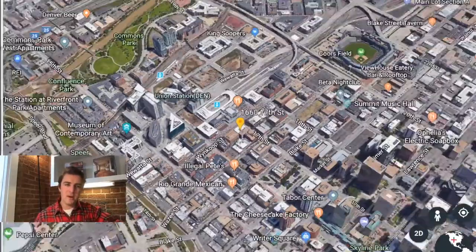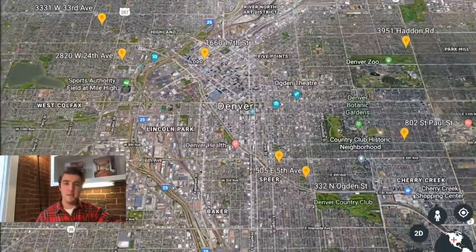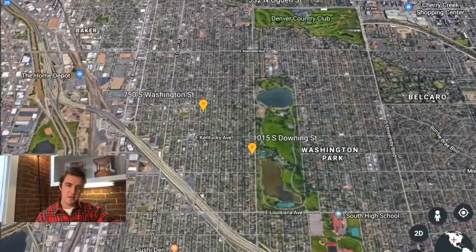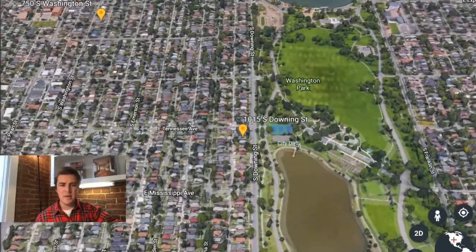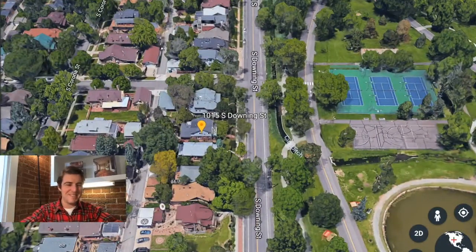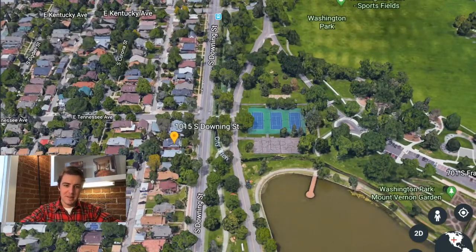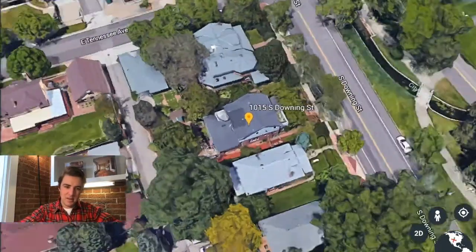Over to Wash Park, and as you'll see, this property is almost on Wash Park. It's as close as you can get. So Downing is going to be the main road just to the west of Wash Park. So this street will be fairly busy, but it is going to be so cool living right across the street and essentially using Wash Park as your front yard. So you got an alley in the back,